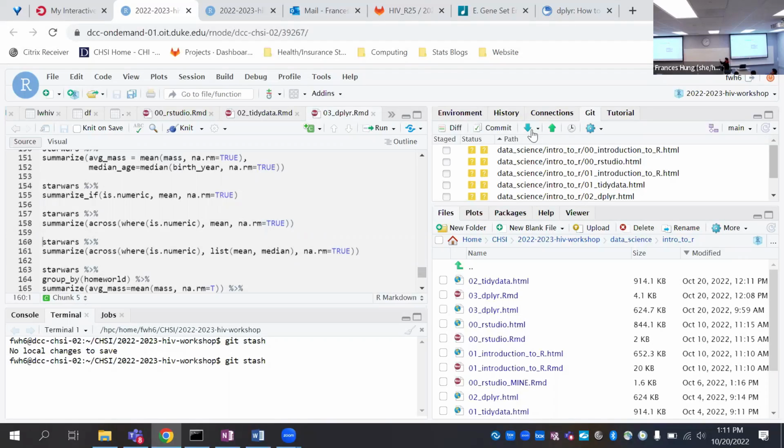So, remember that programming is analogous to a language, right? We have things that are kind of like nouns, which we call objects, and these include things like numbers, characters, and more complicated things like lists, vectors, and data frames. And we store these nouns, or really give these objects names, as variables.